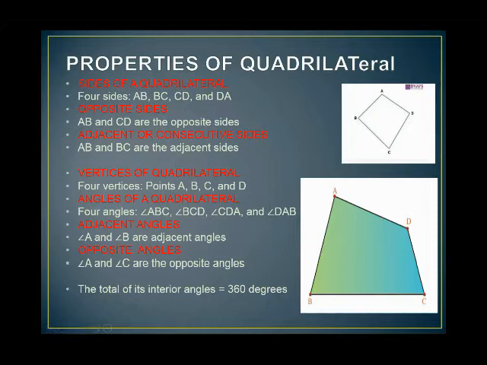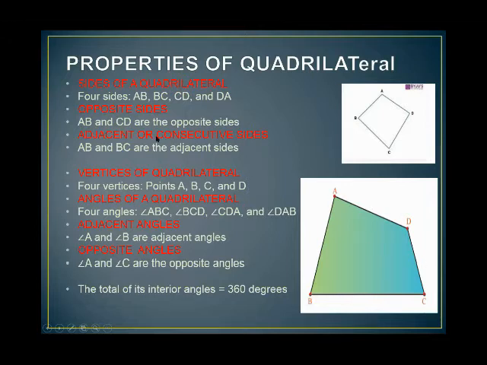Now, what are the opposite sides? Sides of a quadrilateral are further divided into two types, that is opposite sides and adjacent sides. So, what are opposite sides? The sides which are opposite to each other are called opposite sides. For example, AB and CD are two opposite sides. And similarly, AD and BC are two opposite sides. As you can see here, the opposite of AB is CD. So, these are two opposite lines and these are two opposite lines.